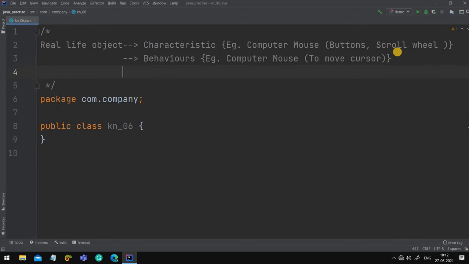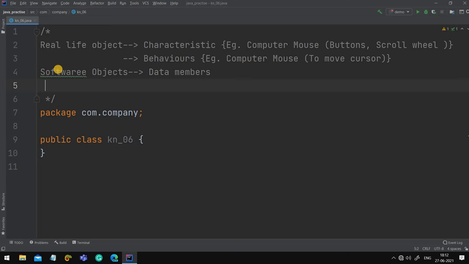Okay. Now is the time to take the software world object, that we are going to create in a Java program. Software objects also have two things, same like the real life object. What are those two things? First of all, it is data members. An example I'll give you when I'll write some code. And the second one is the method or function.